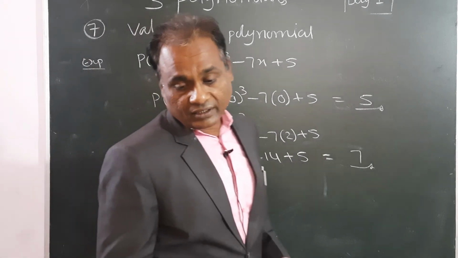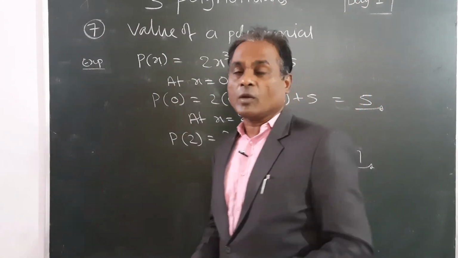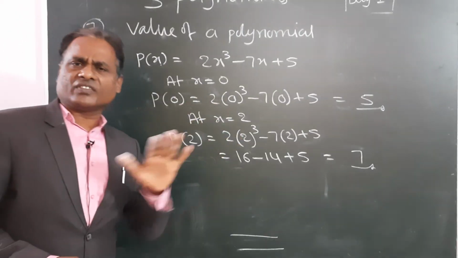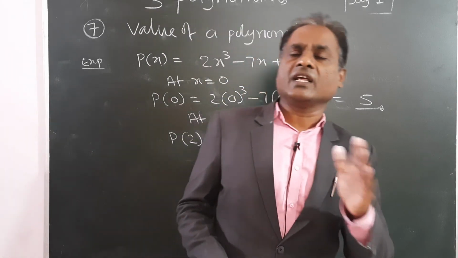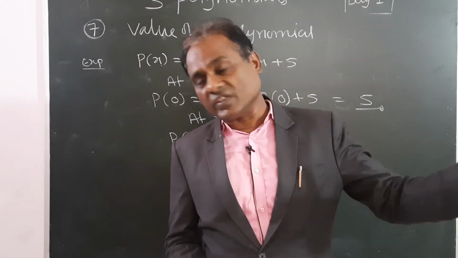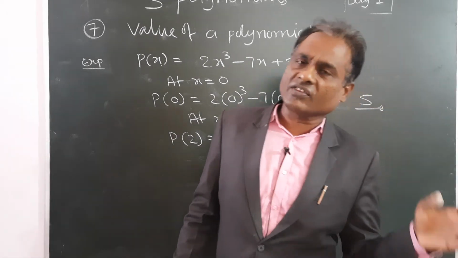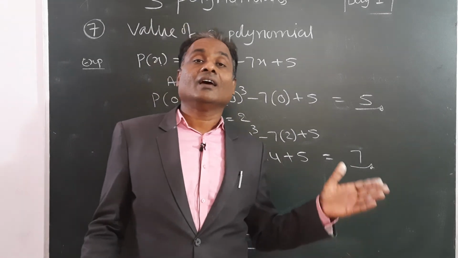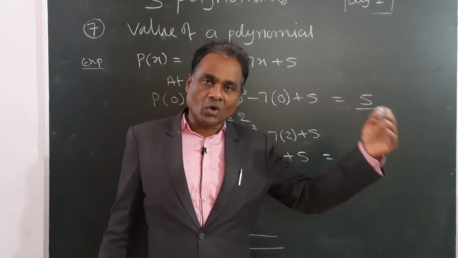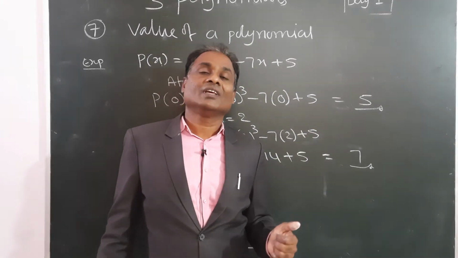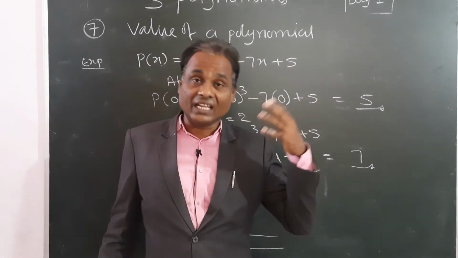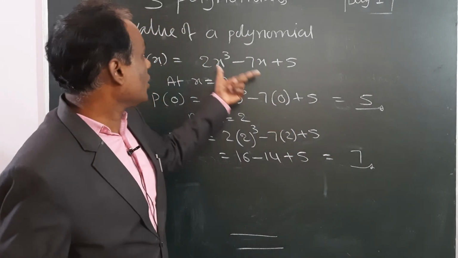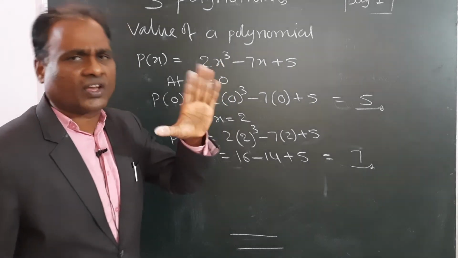So let us conclude here, and tomorrow we will go for one more definition, and after that we will start the first exercise. So read all the definitions. See, nothing is new here. All the definitions you studied in the lower classes, 8th class and 9th class: polynomial, variable and constant, algebraic expression and coefficient, polynomials like monomial, binomial, trinomial, multinomial, the degree of a polynomial, in that linear, quadratic, cubic, and finding the value of any polynomial for a given x value. So these concepts we studied.